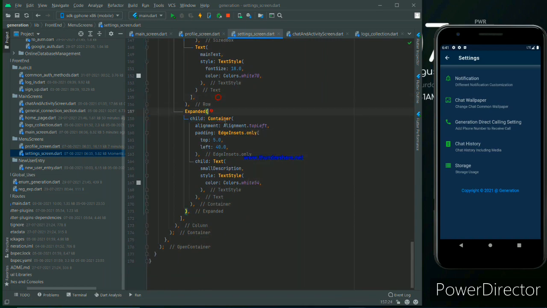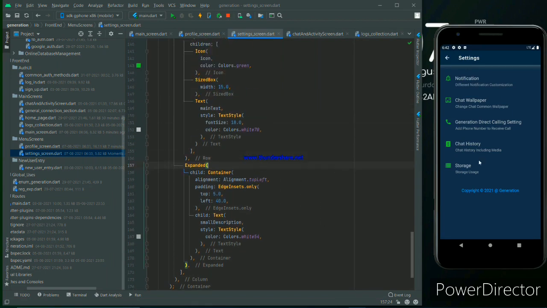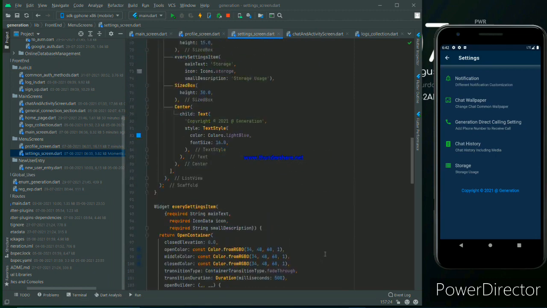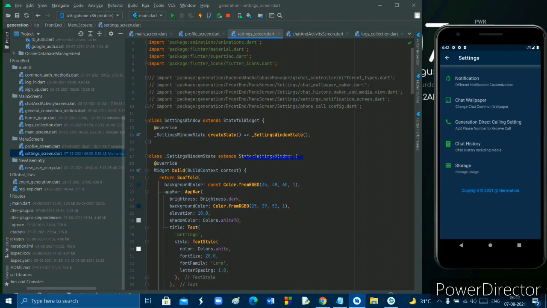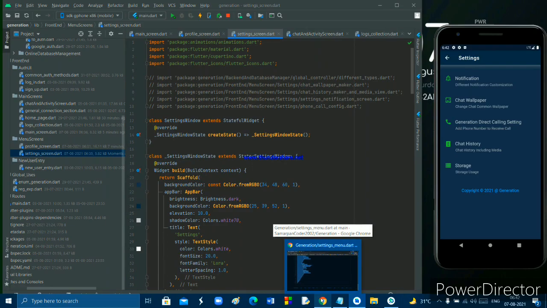This is an expanded widget, and it is a very simple widget, easy to understand. No need to describe it here, but if you have confusion, you can comment, and I will try to reply. So that completes the settings screen, and this is not complicated. It is very simple and easy to understand. Hope you understand. If there is a problem, comment it out, and I will try to solve it.